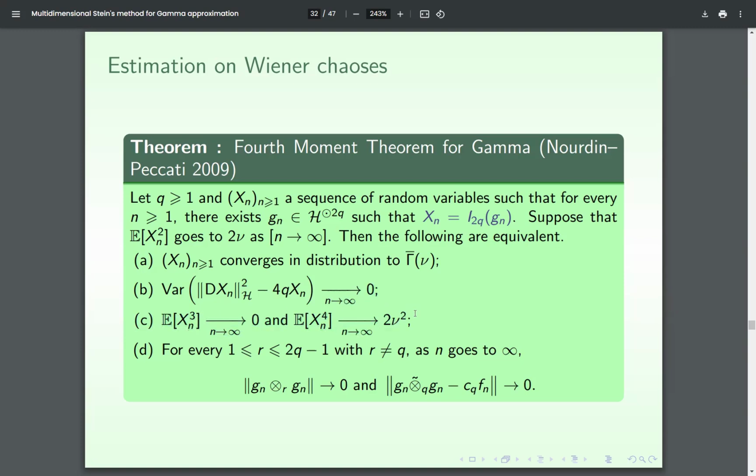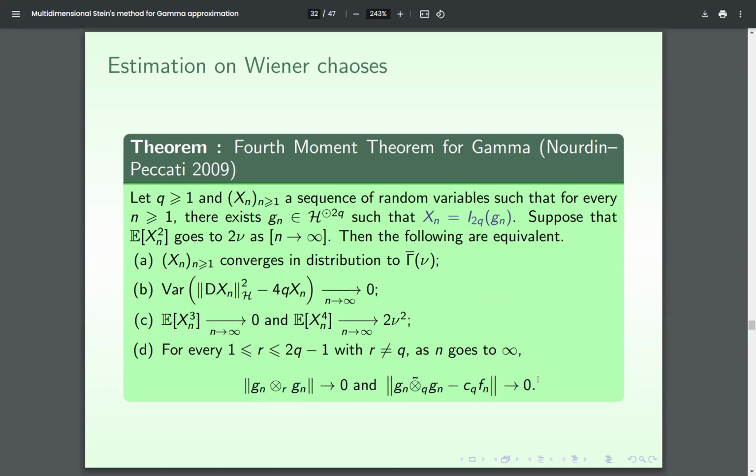The third equivalence is quite interesting because the convergence in distribution is only equivalent to the fact that the third and the fourth moment converge to the moments of the gamma distribution, which is very interesting and quite mysterious. We have the same, of course, for the Gaussian distribution. We have the same for the gamma distribution. And finally, one technical